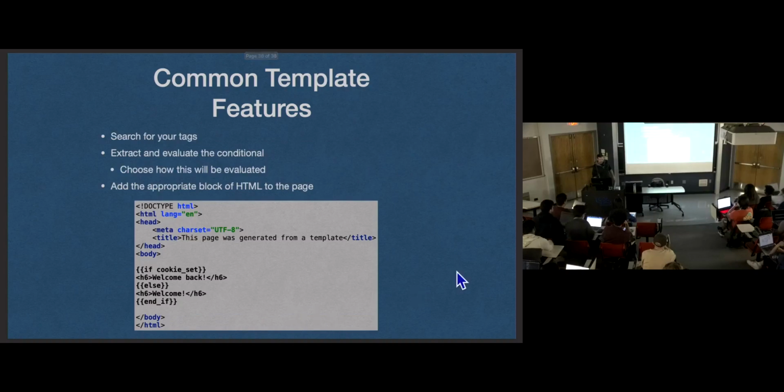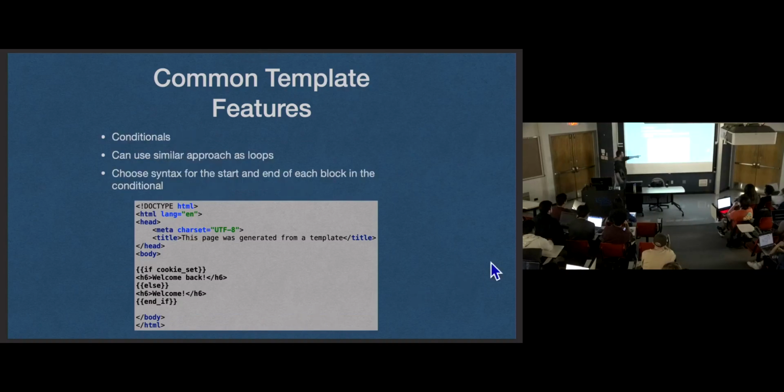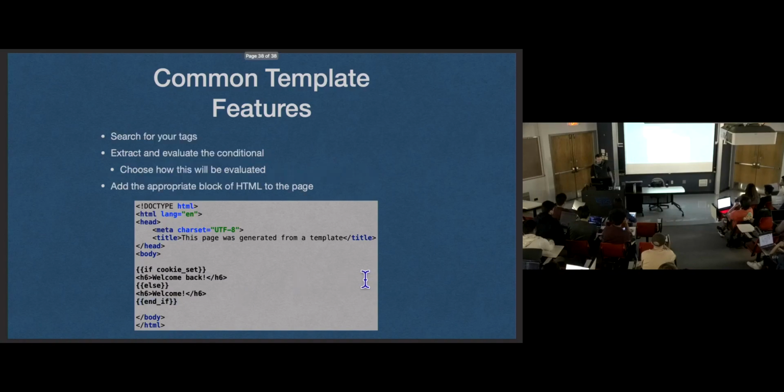And conditionals as well. Look for your tags, if, some conditional, and then figure out how you want to resolve that conditional. You can even have else and some way to indicate the end of the else block. These are typically things you're going to have in your HTML template engines. So for your project especially, if you want dynamic HTML that's rendered server-side, HTML templates is the thing to look for.